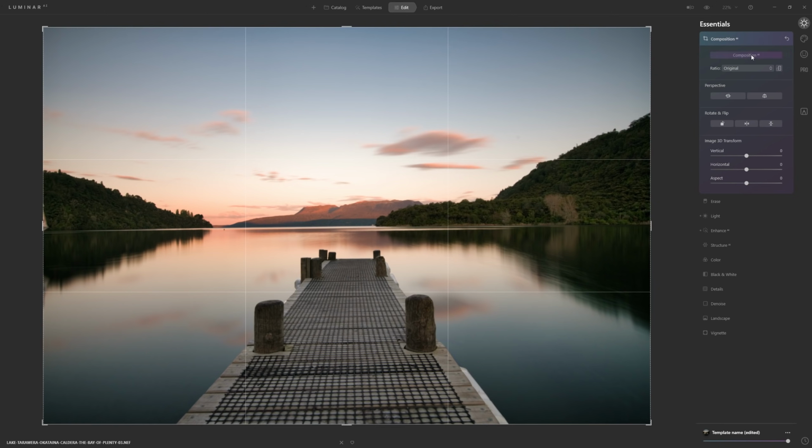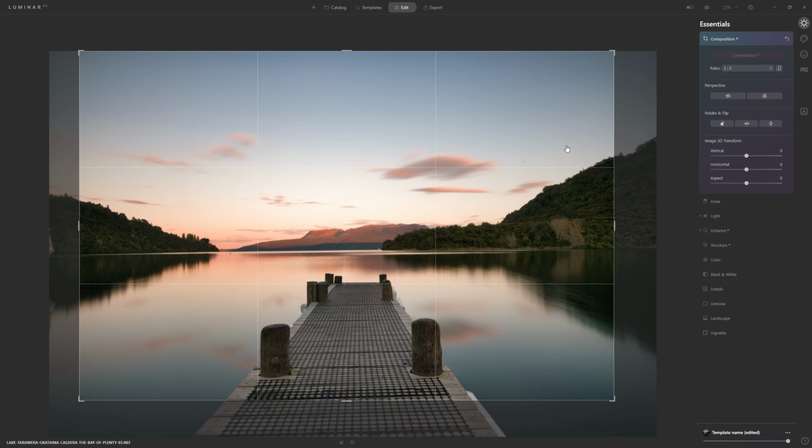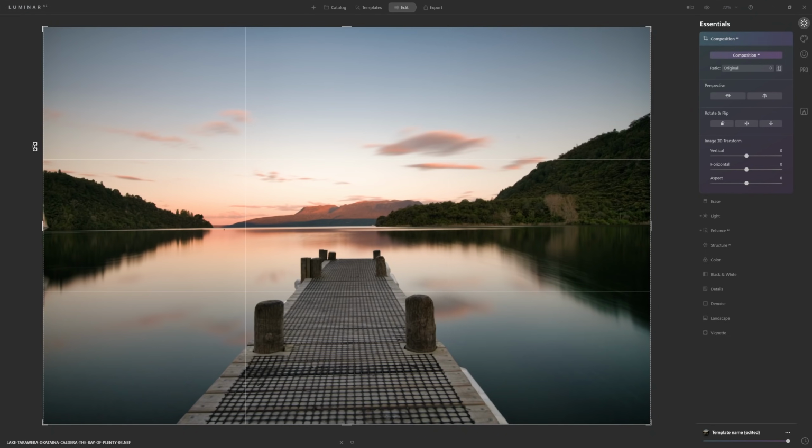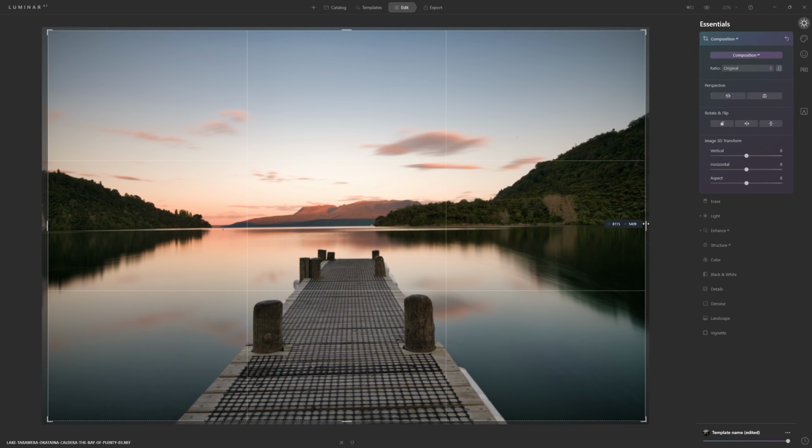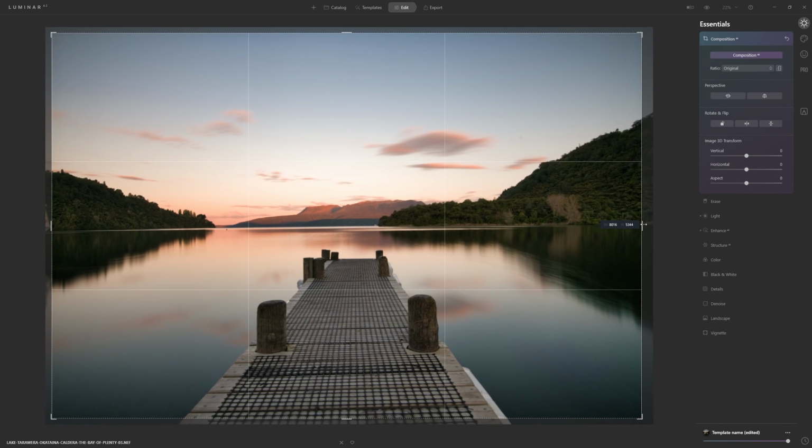We could click Composition AI and see what's recommended by Luminar, and it's coming up with a much tighter crop here. But to be honest, I don't want to go too tight with this. I don't want to lose too much of the jetty leading in here. So we're going to reset that, and I'm just going to pull it in ever so slightly from the left-hand side here. And now to make sure that we're centered here, I'm just keeping an eye on this part of the wood here and this here, and you can see that we've got a greater gap here. So what I'll do is just bring that in from that side so that we match,